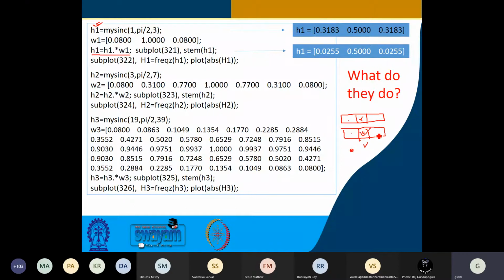And stored here. Then these two are multiplied and stored here. Okay, so this is element by element multiplication. Both are arrays of equal length. Okay, so this is what is happening. So what is the effect of it?